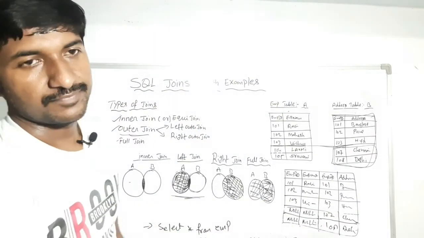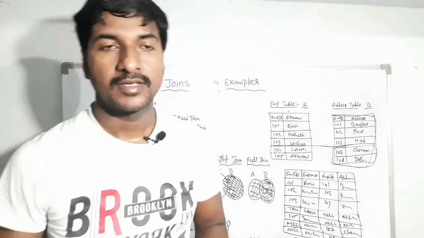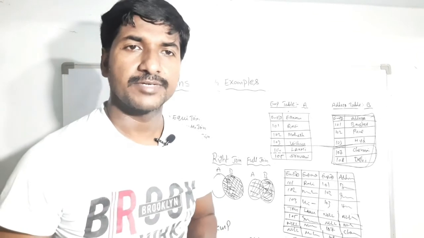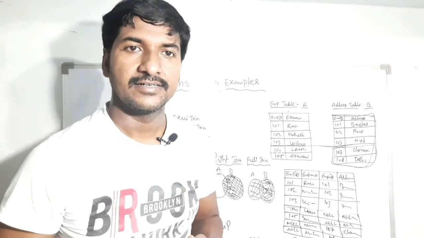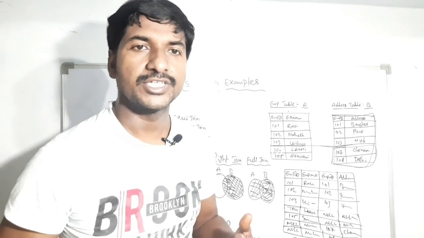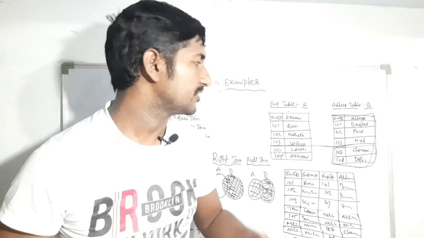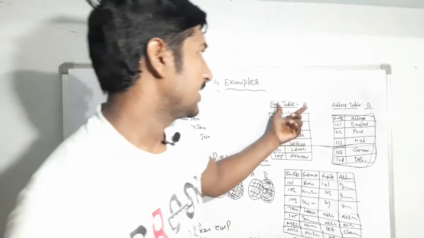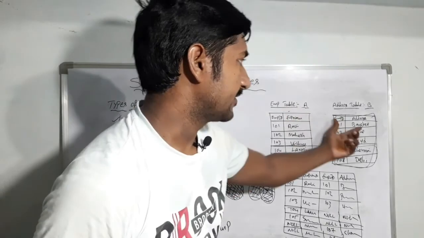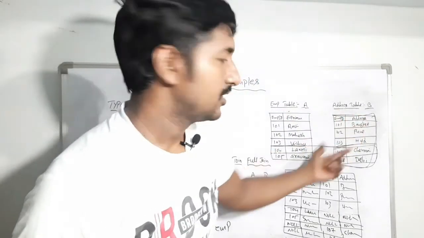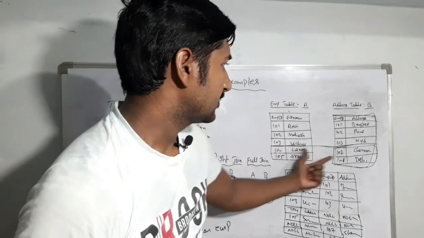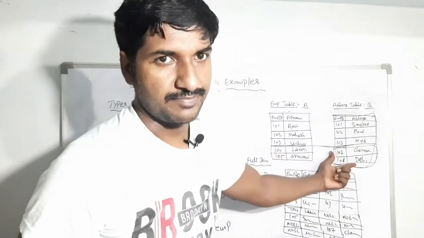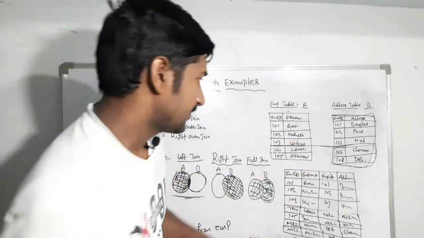Remaining everything is the same. Now we will understand what is full join. Full join means you will get the output from both tables, whether it's matching or unmatching, everything you will get as output. Let us assume this example only, the employee table on the left and the address table on the right. So here 5 records are there, here 5 records are there, and some records are matching and some are not matching. So you will see the output like this.